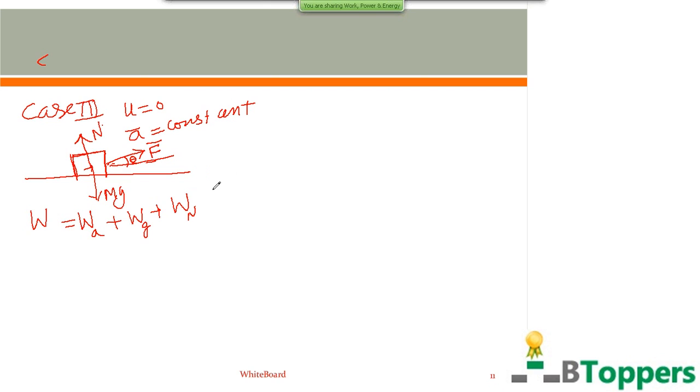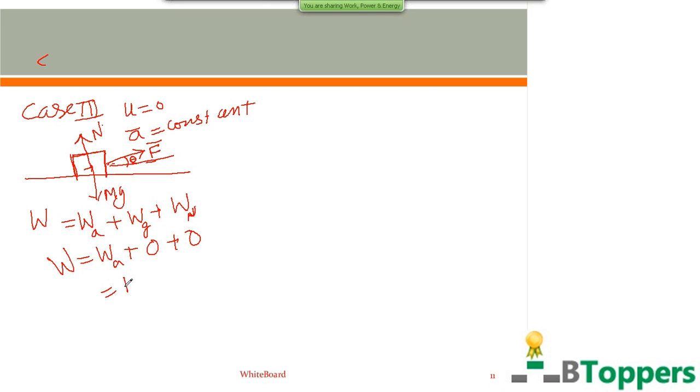So if the body moves in the horizontal direction on a smooth horizontal plane, no work is done by the gravitational force on the body, and also no work is done by the normal reaction. Here W subscript N represents work done by the normal reaction force on the block. W subscript G represents work done by the gravitational force on the block. W subscript A represents work done by the agent on the body. So work done by the resultant force is the same as the work done by the force applied by the agent on the body,